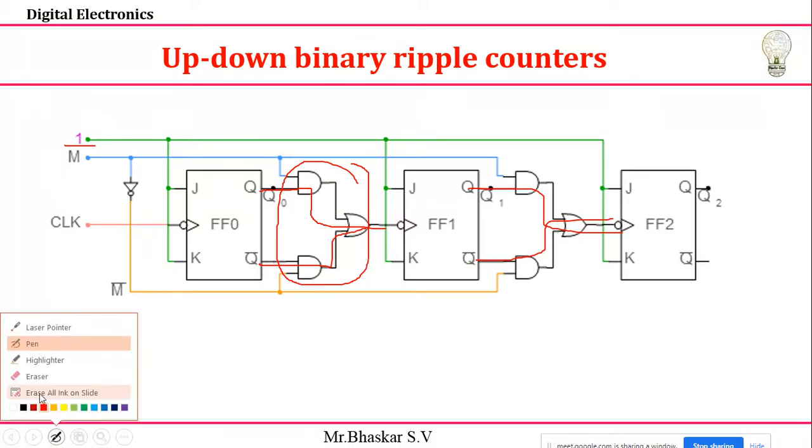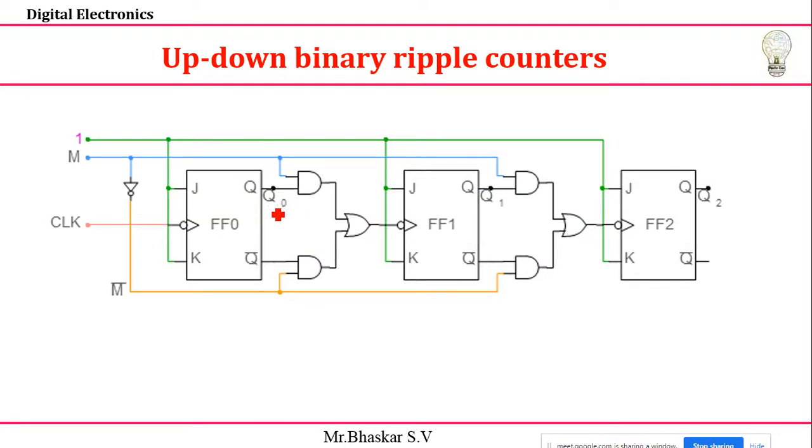So for that, I'm going to use two AND gates; one of the inputs I connect to Q, and another input I take from Q bar. For the first AND gate, one input is Q, and another input I connect to one signal, the mode M. Carefully see that. For the other AND gate, I use exactly the complemented value. In order to get the complement, I use a NOT gate to get M bar. You can see the first AND gate is connected to M, and the second AND gate is connected to M bar. Finally, the outputs of these two AND gates I just OR and apply to here.